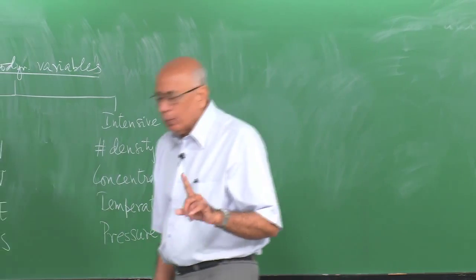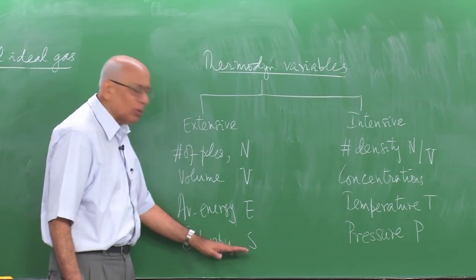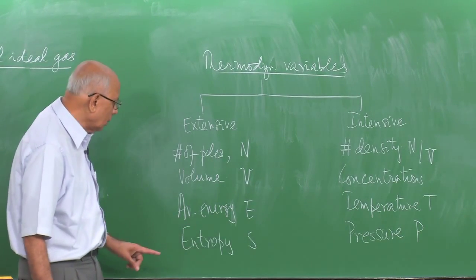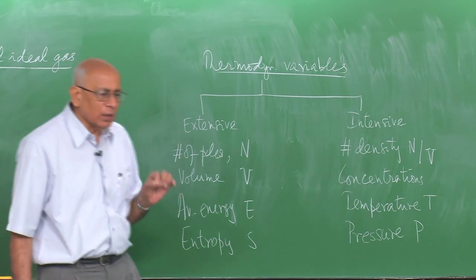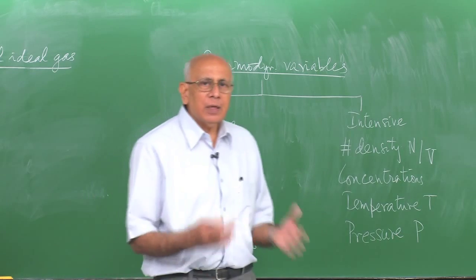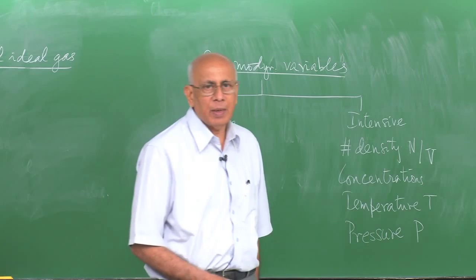Let me point out right away that I mentioned last time that the entropy was also an extensive quantity. I have not defined the entropy yet properly, I will do so, but I must explain why this is so. This is a measure of the disorder of the system, and without making a mystery of it, if I tell you where this formula comes from, why it becomes extensive, it clarifies matters a lot.